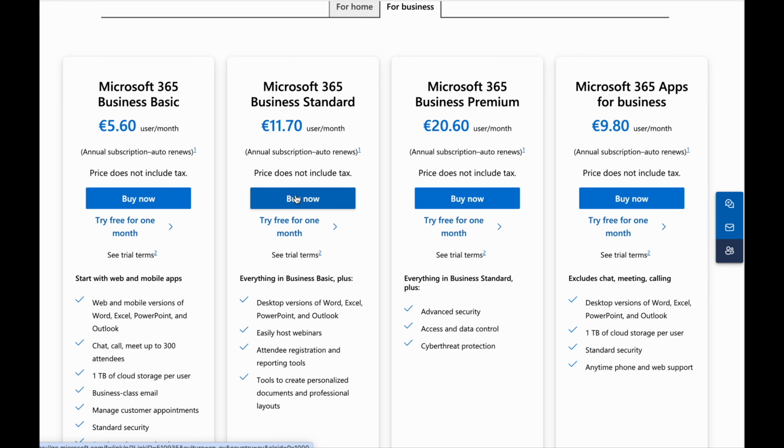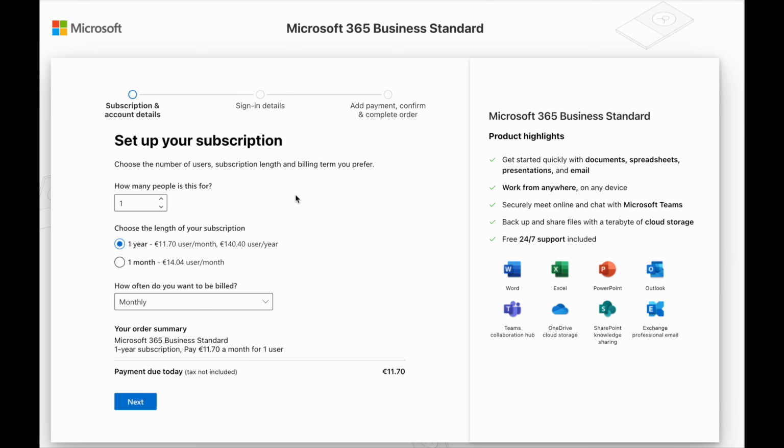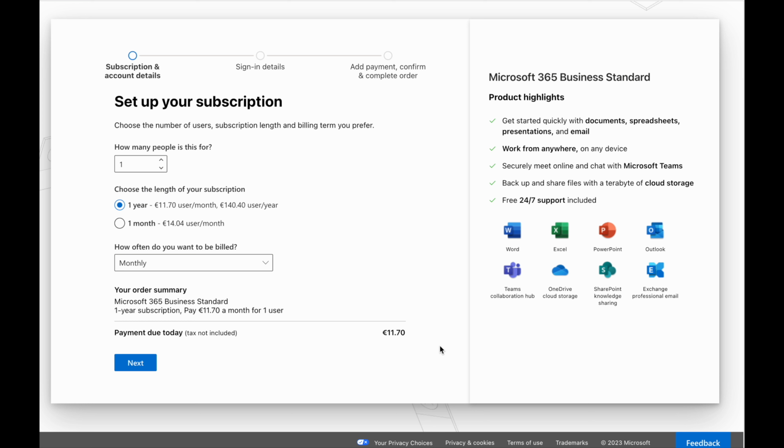So, once I saw that this happened, I fired up an email to Microsoft Help and Support and I said, hey guys, I accidentally activated Business Standard. I don't need that, it's too expensive for my needs. I want to revert it back to Business Basic because, guess what? There was no option, guys, to downgrade. The only option Microsoft provides is to upgrade. There's no downgrade. And I said, hey guys, I want to downgrade, I don't want to continue.